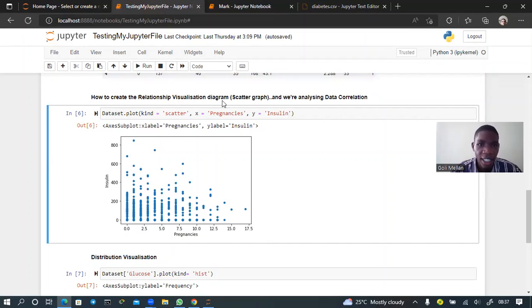This is relationship visualizing. In this case, we're using a scatter graph, and this is the code. You just say data set, the variable, dot plot. This plot function comes from the matplotlib library, which is there by default. By default, it has this plot function. So in the plot function, you're just supposed to specify